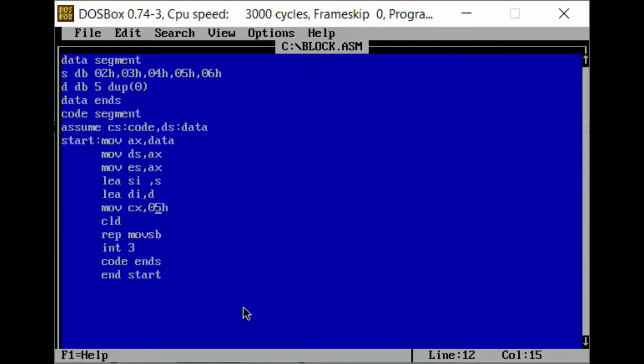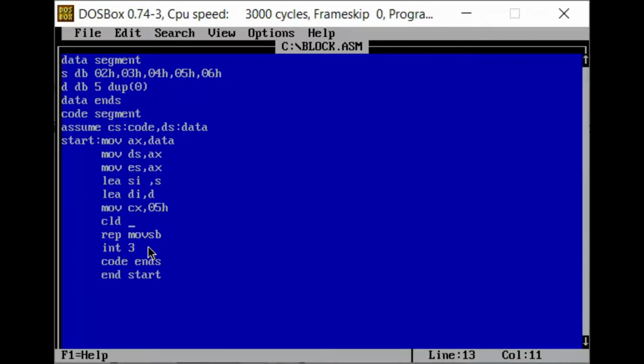After that, we move the value 05H into the CX register, and then we give the command clear direction flag. After that, we give the command repeat MOVSB. MOVSB stands for move string byte.